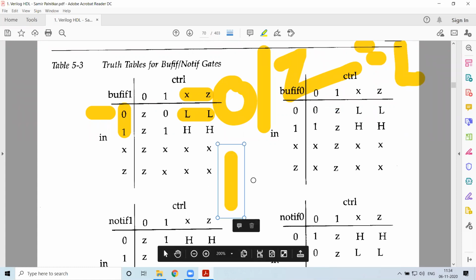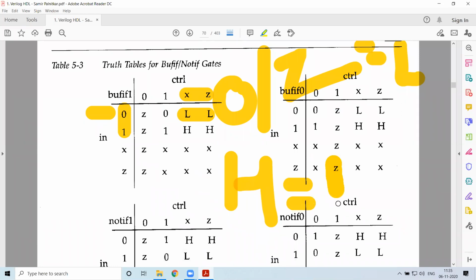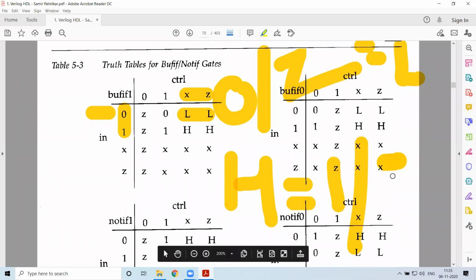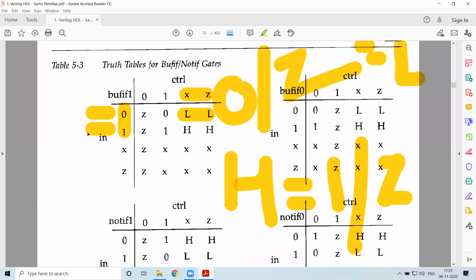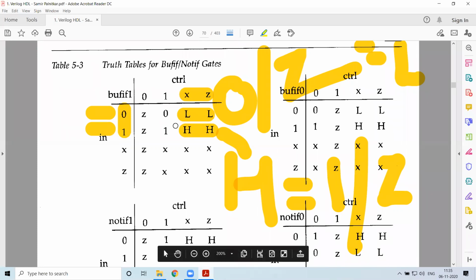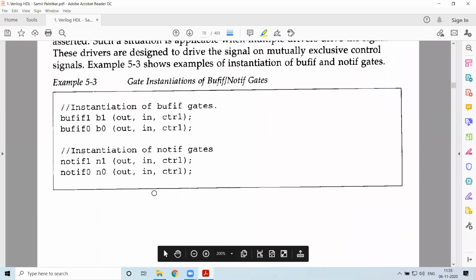Similarly, H represents logic 1 or tri-state. If control is X or Z, but the input is 1, then the output will be represented as H. It will be either 1 or Z, so it cannot be determined, therefore it is represented as H. Similarly, we have all the other gates.